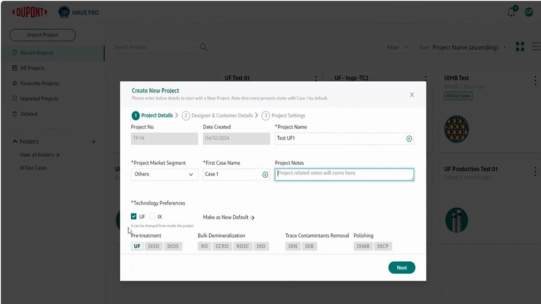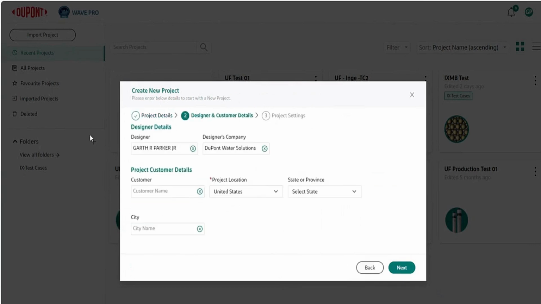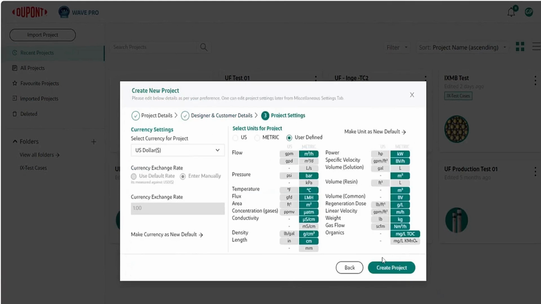You have an ability to limit what technologies you see. Right now we're only concentrating on UF. And then you would go to the next screen. Here you would put in a little more information about the designer of the project, who you are, who your customer is, where the project is, and then you move on to the last of the input screens, and this